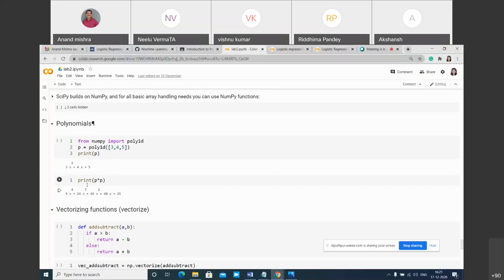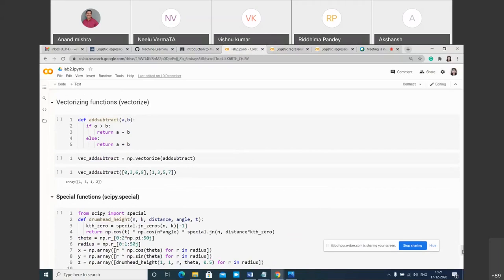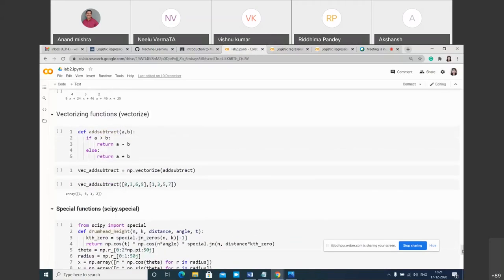All right. If you want to multiply one polynomial equation with another polynomial equation, you can just do a simple multiplication operation. It will give the power of 4. This is just to show that some advanced functionality is available in SciPy. That's why we use SciPy when some functions are not available in NumPy. So this is a better way to use them.